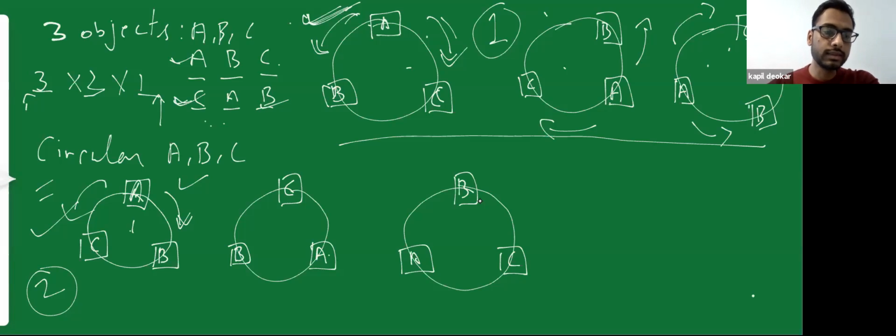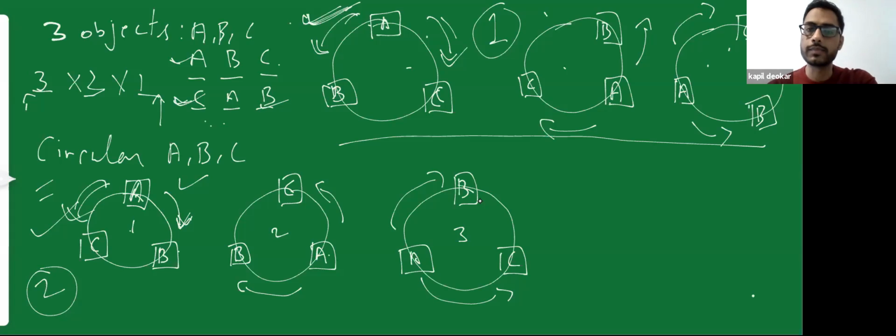Now let us see whether these 1, 2 and 3 are same or different. In these 3 cases, the right hand side partner of A is B and the left hand side partner of A is C. So same over here, right hand side partner is B, left hand side partner is C. Right hand side partner is B, left hand side partner is C. So 1, 2 and 3 are not different ways of arranging. These are only one way of arranging them. So this is one way of arranging, and another way is this. So there are only two ways in which you can arrange the three letters A, B, and C.